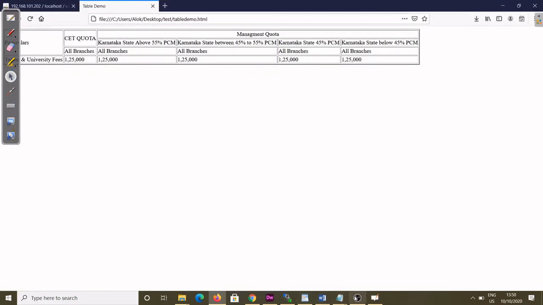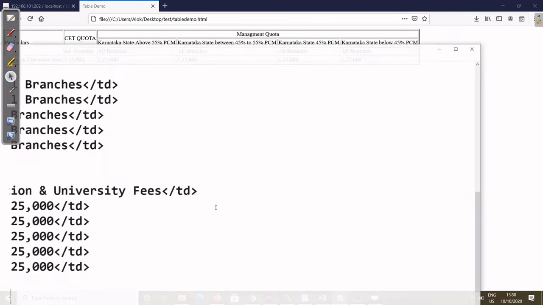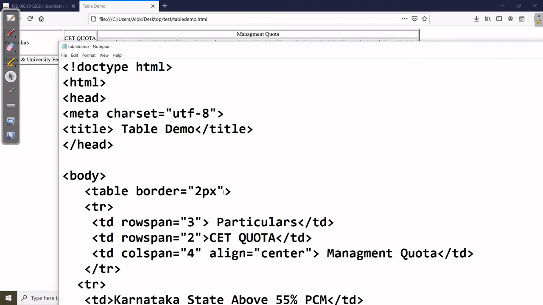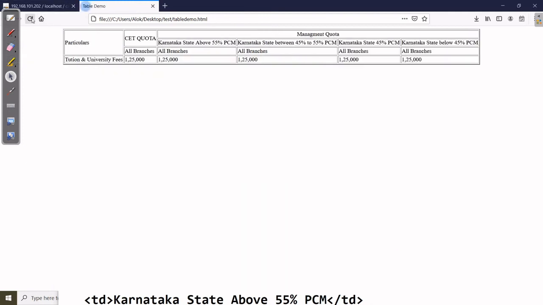And now if you want the table in the center of the screen, in that case, along with the table, you can use one more attribute, align, and the value you can give center. Direct, the complete table will be centered now. Save the file and here you refresh. Coming center now.